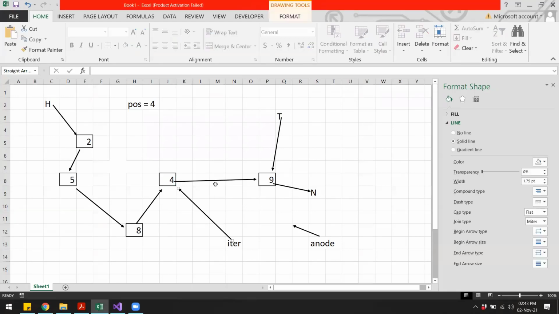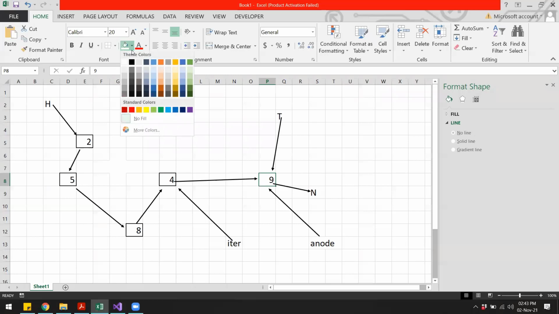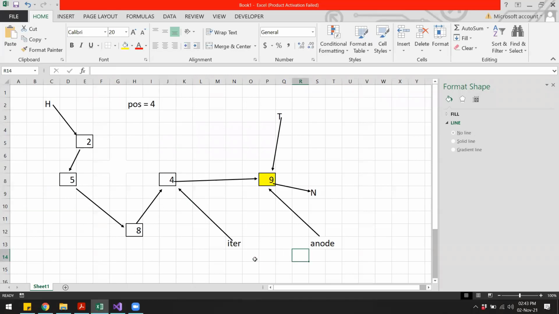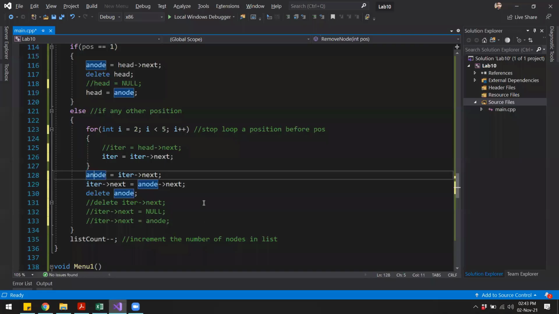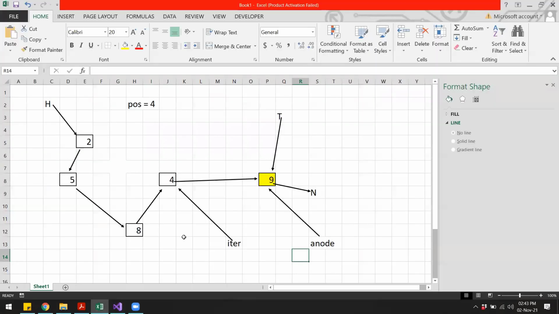So the next of the iterator is this particular pointer, right? And we try to make the inode point to the same location as iterator arrow next. So inode is now pointing to the node that we want to delete. So let's just color this. Okay, so up till here, this is the state of the linked list.